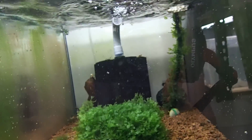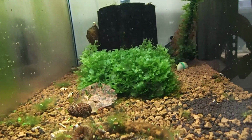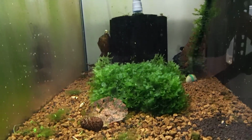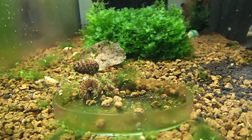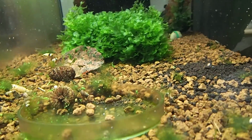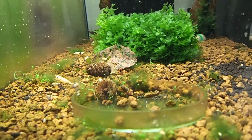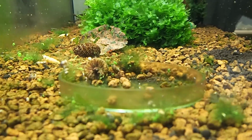This one has always been a bit of a tough tank for me, and I have increased the filtration quite a bit. You can see on the top how much air I'm putting through this now. And it seems to be working. I have 3 berried females in here. One of them was berried the last time we talked, but I don't see any babies. So I'm not sure if she's still carrying, or, you know,